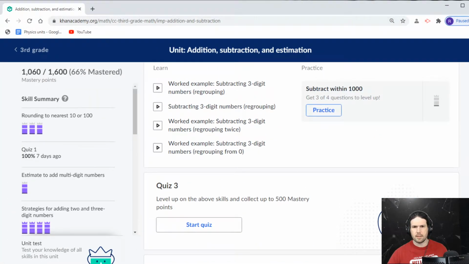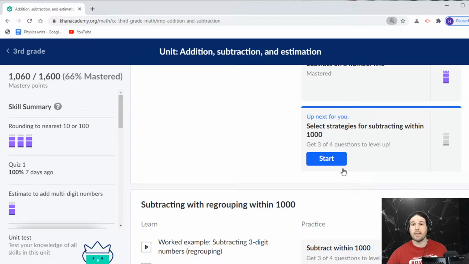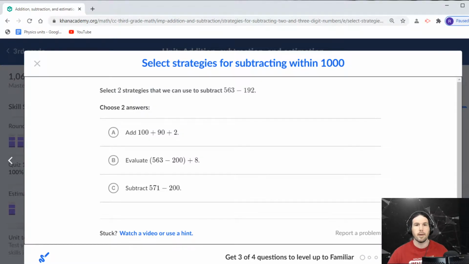Looks like we got quiz 3. Subtract. Select strategies for subtracting within 1,000. So again, much like selecting strategies for adding within 1,000, a lot of this will be review. Let's do this thing. Select 2 strategies that you could use to subtract